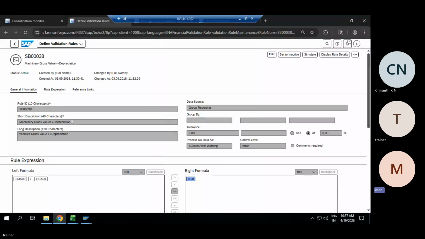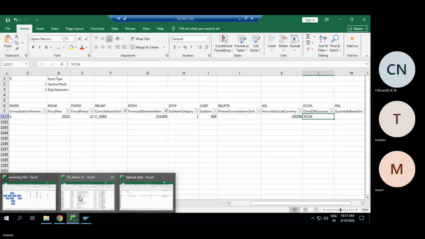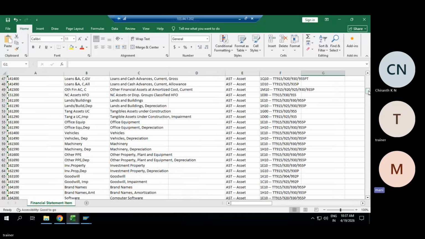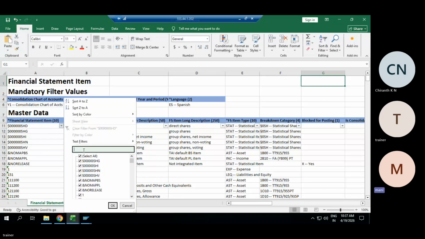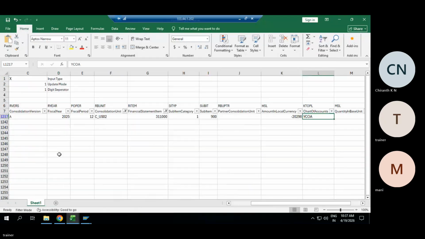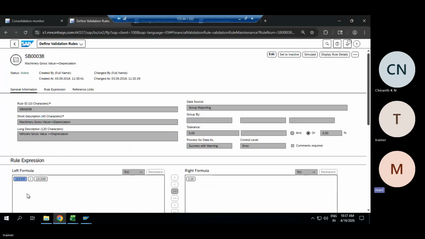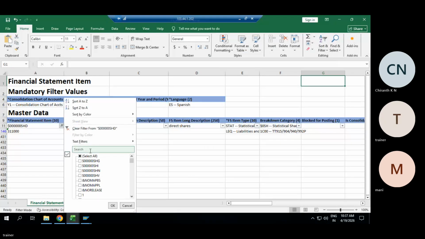Manual gross value and depreciation. And check. 161,500. 61,500.